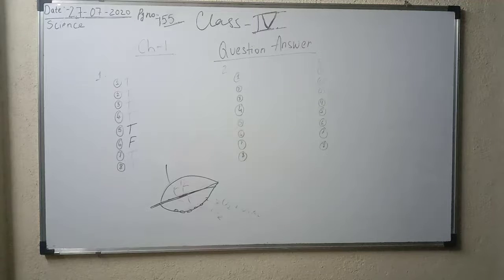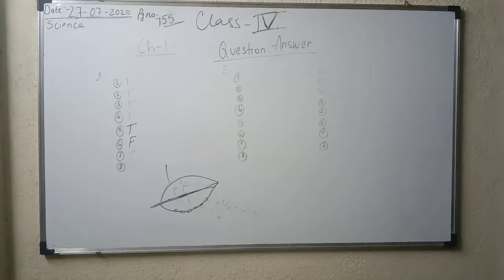Eighth: energy flows from herbivorous to carnivorous. Yes, when we were studying how energy flows, the energy flow starts from the sun. Energy transfers to the plants, then to the herbivorous animals, and from there it is transferred to carnivorous animals. That is the energy cycle. So the eighth one will also be true.